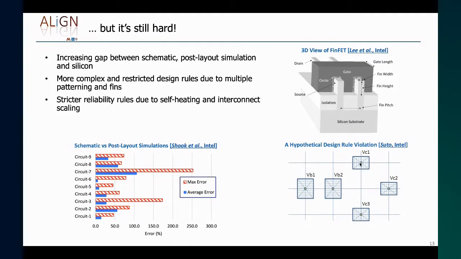And it's not as simple as distance between VIAs. If I look at the structure of the transistors, we're looking at FinFETs, which means that self-heating really becomes a big problem that leads to reliability issues. And in both devices and interconnects, we have to be very aware of these reliability issues.